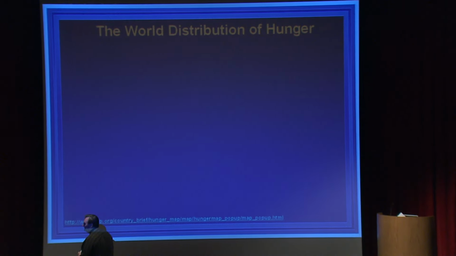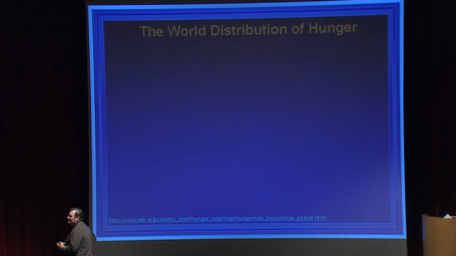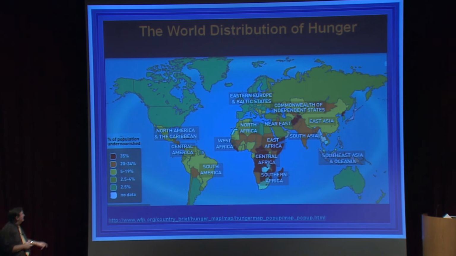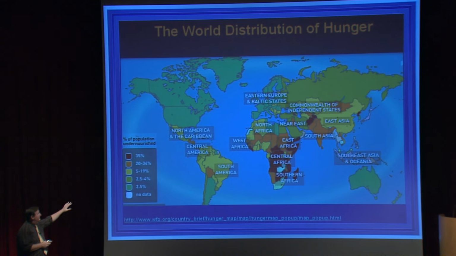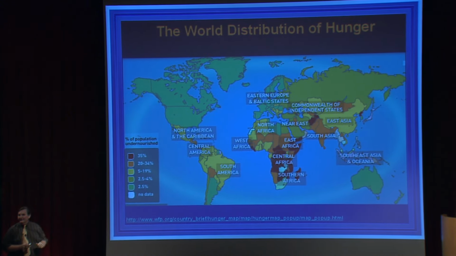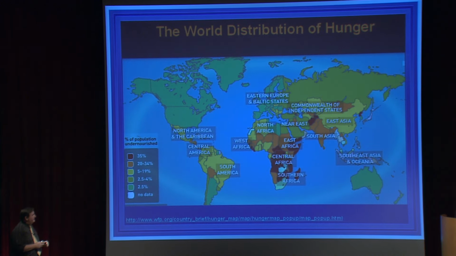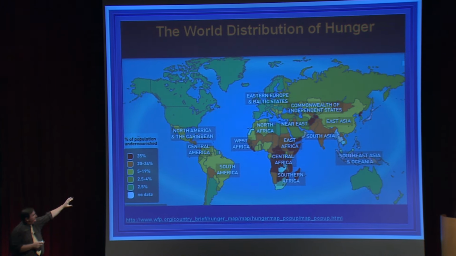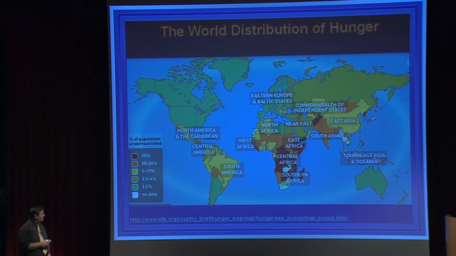The world distribution of hunger probably won't surprise you very much, but it looks like this. If you show a graph of the world, in this case, the darker colors, especially the dark red color, designate higher levels of hunger, greater than 35%. And so you see the countries in South America, in that band of the world right through the middle there, and especially in Africa, you've got lots of problems with hunger. You can make some guesses about why this might be the case, with poverty being at the top of the list. But there are other issues that come into play as well that help drive this